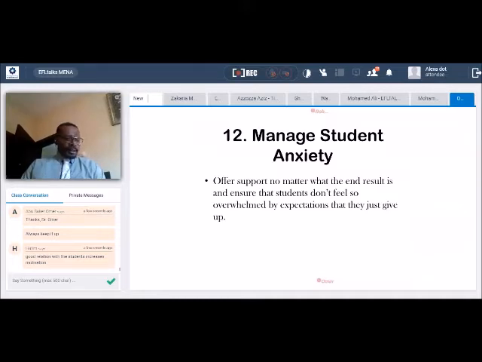Manage your students' anxiety. This is a very critical point. I think most teachers find difficulty in this point. The students' anxiety comes after their performance in the test. If they don't do well, they feel frustrated. They feel they are going to lose everything. They are going to fail, and they may have difficulties and it becomes self-fulfilling. So, you are the teacher. You need to motivate your students by knowing their struggles with the subject.